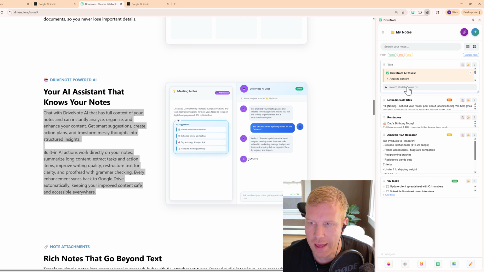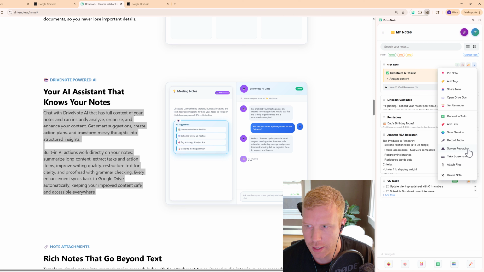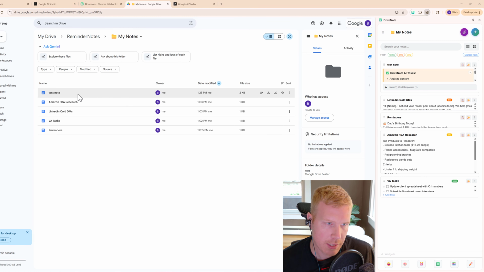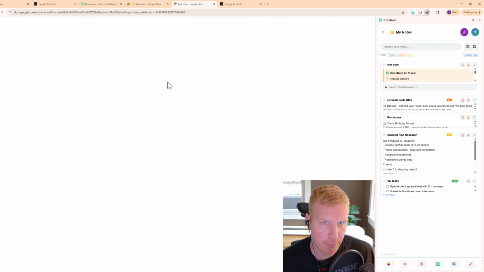All right, and this will be linked to your Google Drive and Google Doc as well. So I'll just say test note, and you can see when I come out of that, you'll get a little update icon there. That means it's syncing to your Google Doc. So if we want to go to the Google Drive, you can come up here and click on that. That's going to go to the folder. So you can see there's our test note. If I open that up,